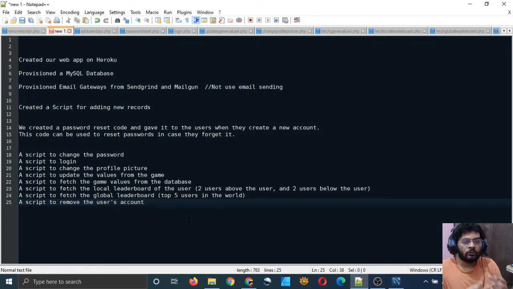Now we have to make our game send requests to our server, and show the player a proper interface using which the player can enter their details and send them to the server, and then receive some response from the server and interact with that response and see it properly. So it is called the front end for the server, right? And this is the back end which we created. So in the next video we will start working on the front end of our game.